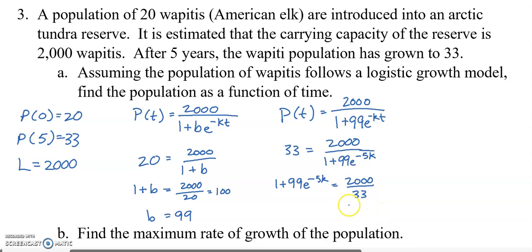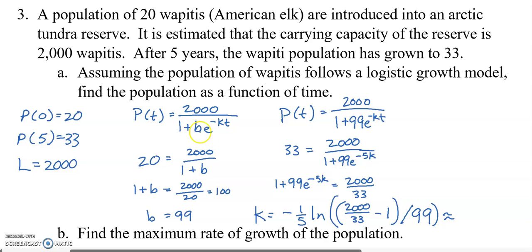So by all the algebra, I mean we'll subtract 1 from both sides of the equation, divide that by 99, and then take the natural log, and then divide by negative 5. So k is equal to that big old thing. And if you're interested in a decimal approximation of this k value, it will work out to be about